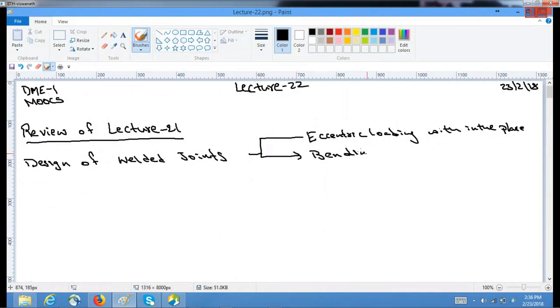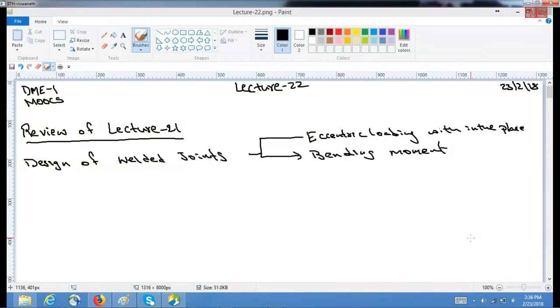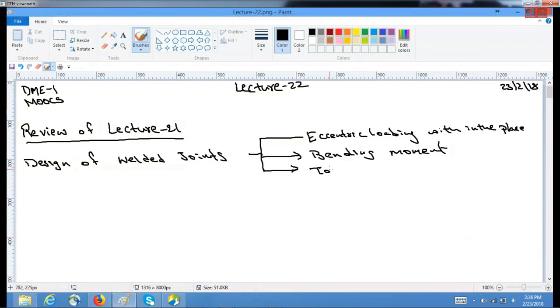Bending moment, then we subjected to torsional loading, then we taught about how to represent... this is a different topic. So these three types of loading we have seen, and then we discussed about